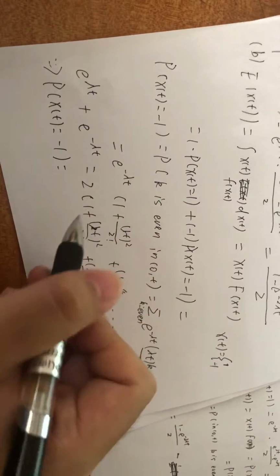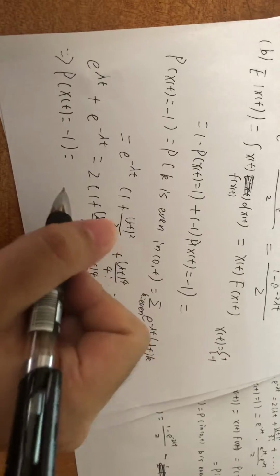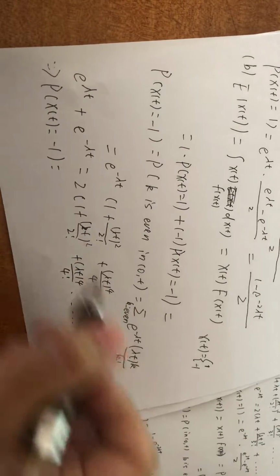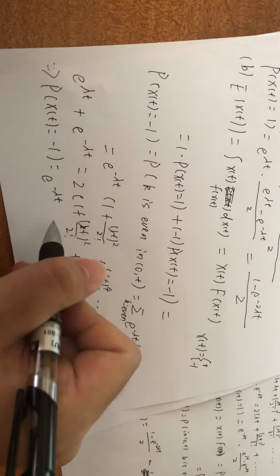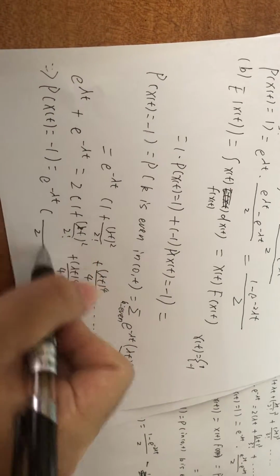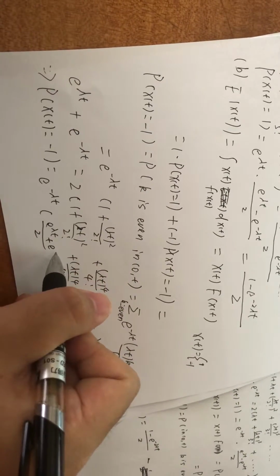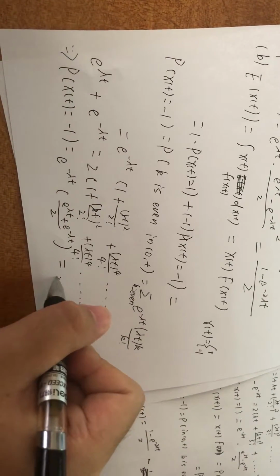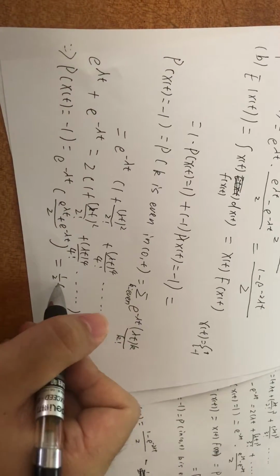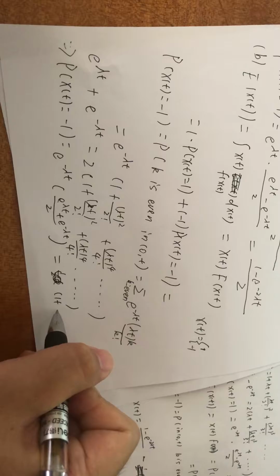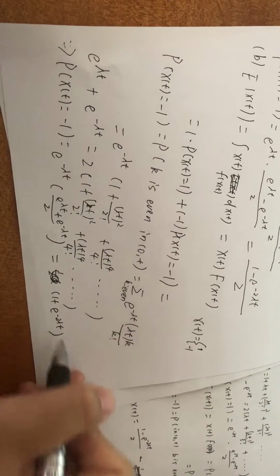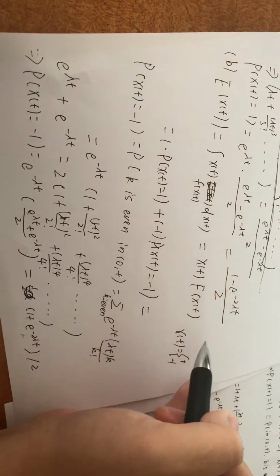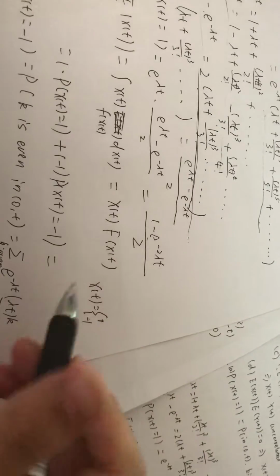Probability X(t) equal to -1, and is the plug-in of exponential negative gamma t times exponential gamma t plus exponential negative gamma t divided by 2, and do the simplify, equal to e plus 1 plus exponential negative gamma t square divided by 2, and also we plug in this number and this number to this number, and in summary we